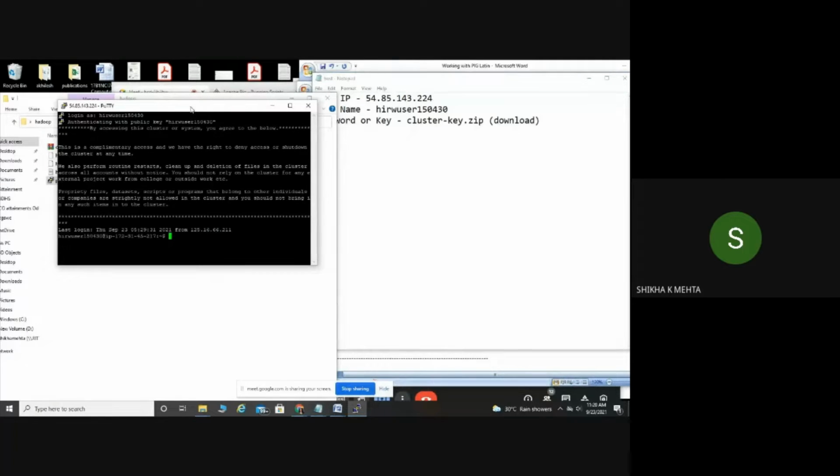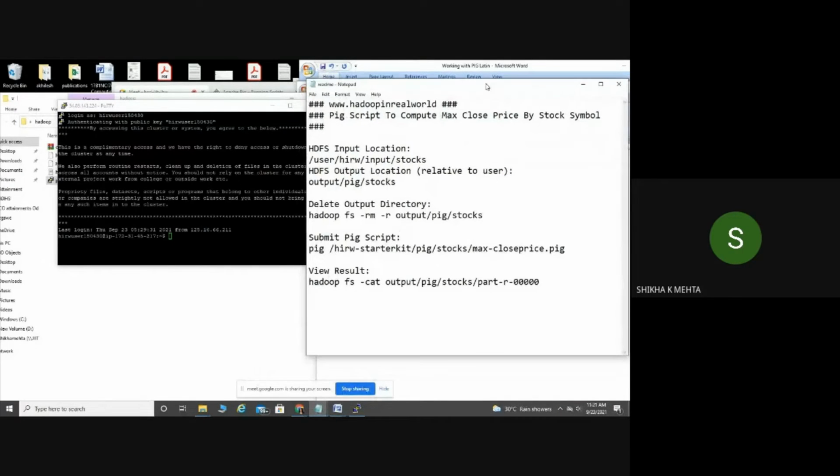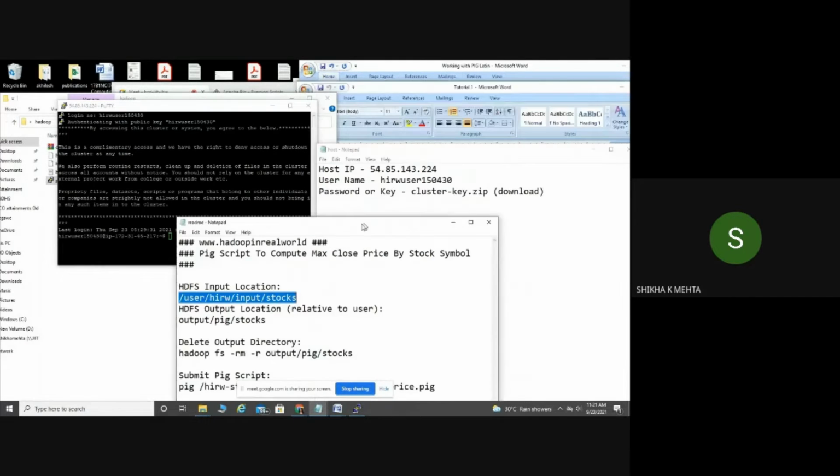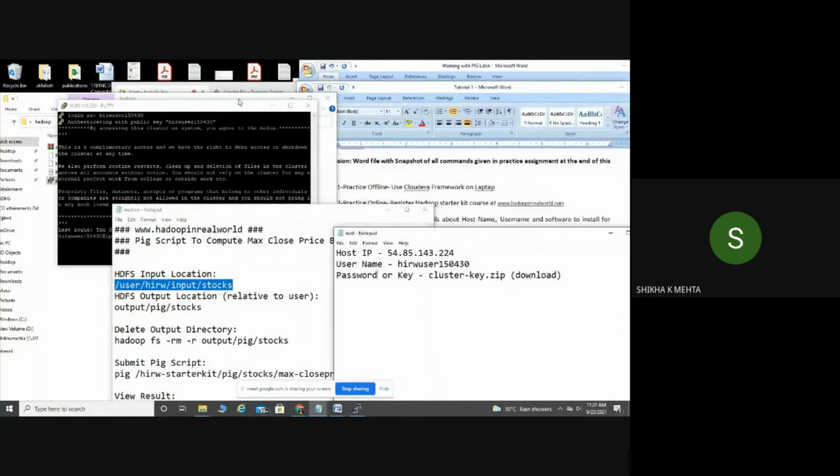In order to work, we are supposed to execute the MapReduce program using the Pig script. So what is the Pig script that we are going to execute over here? That is given over here in the form of a README file. See, this is the input location where my file is stored. So we have two files. When we want to do this particular program in the Hadoop in the real world environment,